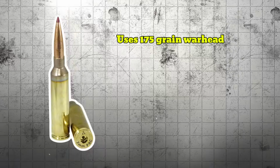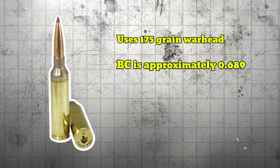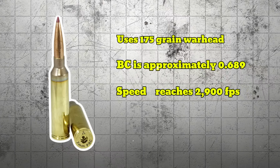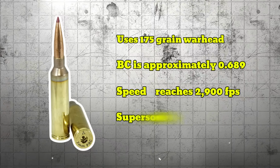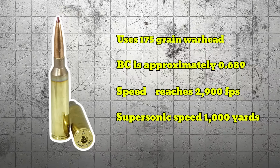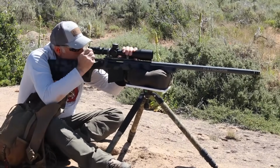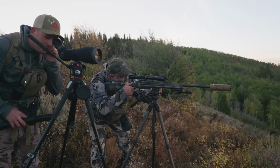This cartridge generally fires a 175-grain bullet with a BC of approximately 0.689. With a 24-inch barrel, muzzle velocity can reach around 2,900 feet per second, keeping the bullet supersonic beyond 1,000 yards, ensuring a flat trajectory and minimal wind drift. At 500 yards, the 7mm PRC delivers around 2,000 foot-pounds of energy, enough power to ethically take down larger game